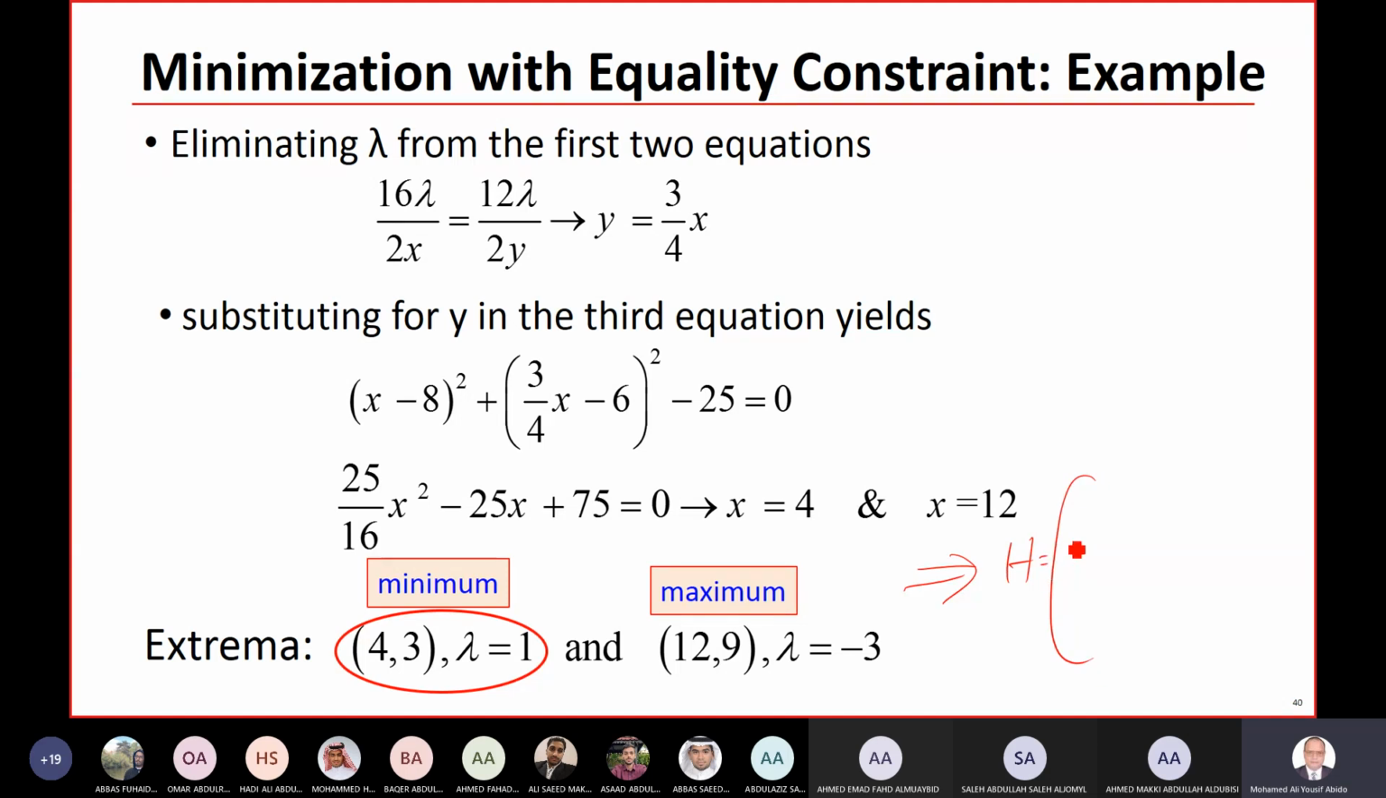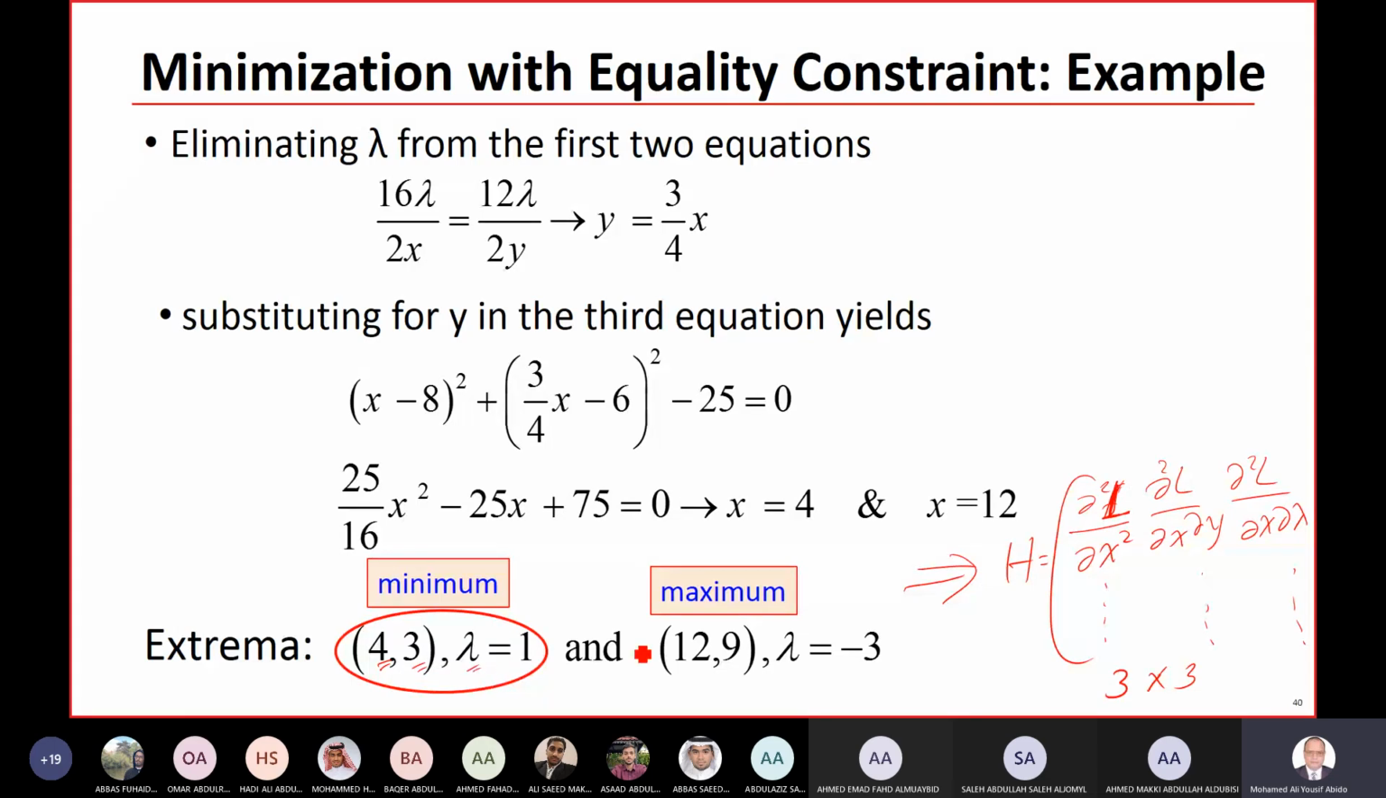The Hessian matrix will be the partial square of the augmented function L over partial x square, partial square L by partial x partial y, partial square L by partial x partial lambda, and you continue here. You have a 3 by 3 matrix and we have 3 unknowns. If you substitute